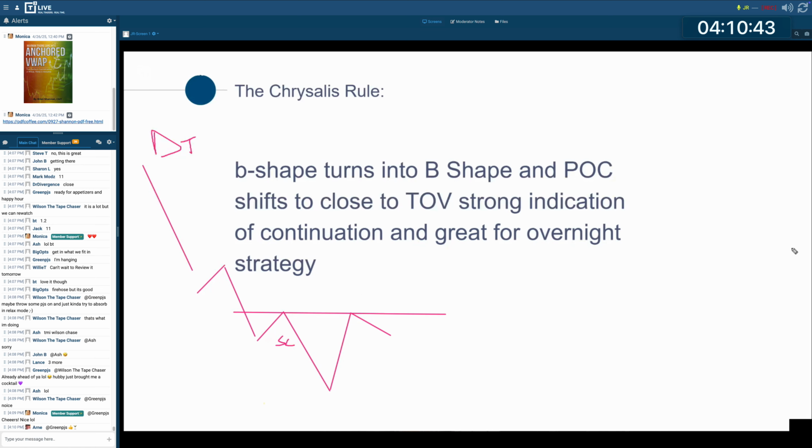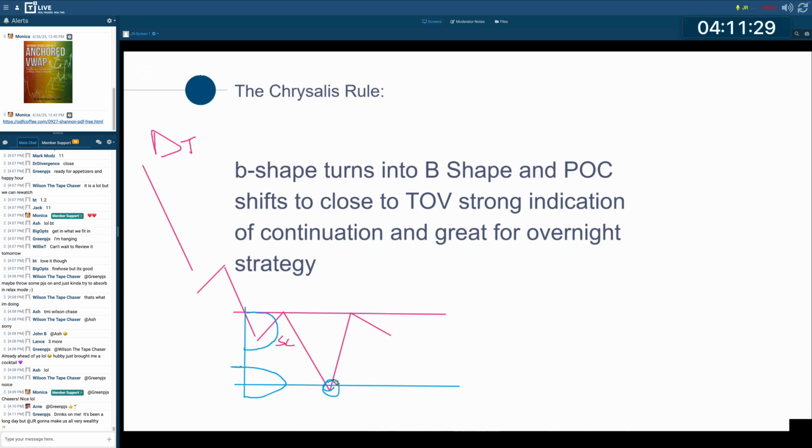When you see that B-shaped profile here, bounce and create the V-bottom, and you create a high volume node, and at one point the point of control is going to be here, right near the V, right? This is your climactic selling. Shorts are pouncing, longs are selling in a panic, right? This creates high volume nodes. It creates a lot of value, right? Everyone is going in the same direction. But as the momentum starts to shift,